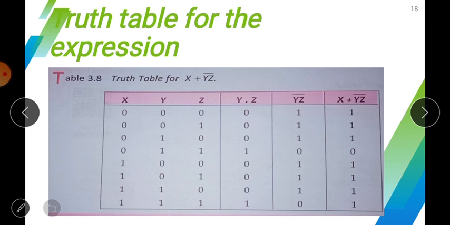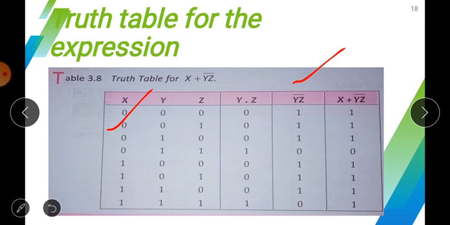So to make it clear, this column and this column means there are 2 columns, and from these 2 columns you will have to calculate the final expressions, means OR operations will be done. So for OR operation, what is the key point you should remember? If any of the input signals is true, then the output is true, and if both the inputs are false, that is the only condition for the output to be false.